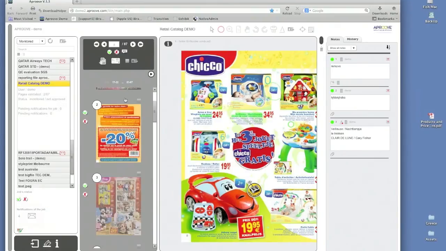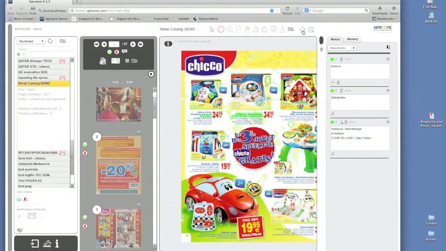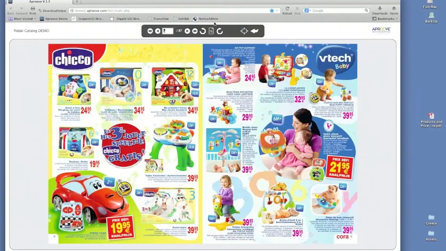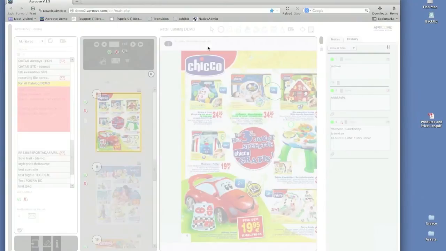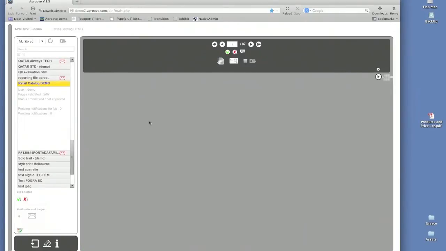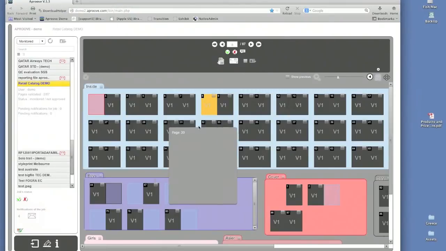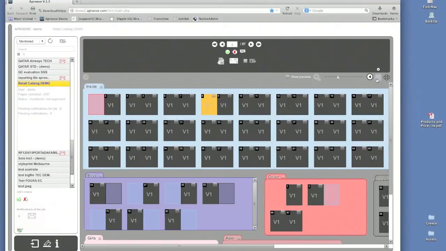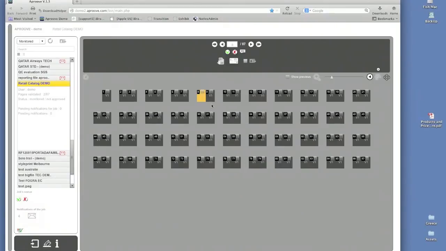Bear with me just a second. Okay, so let's go to the flat plan view. Oh, sorry. Wrong button. Sorry, right here. So when we go into this view, basically what it does, it shows us all of the pages within the document. So you can see here we've got a flat plan view of the actual document itself,